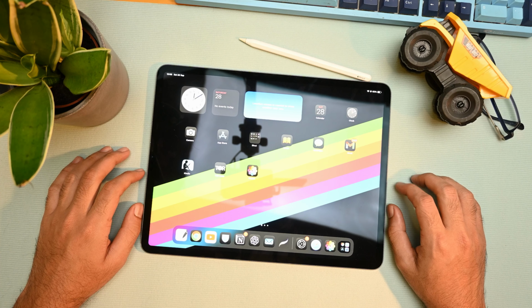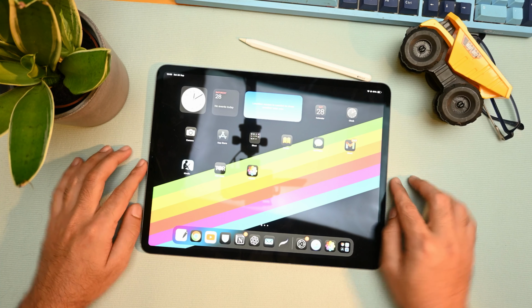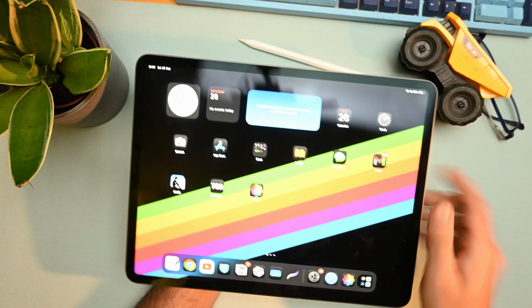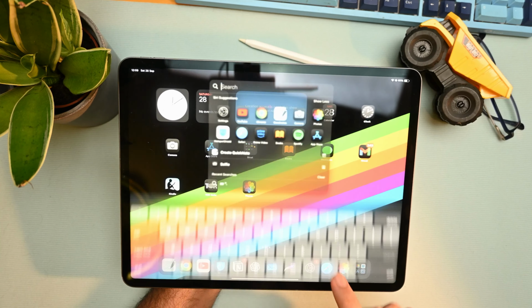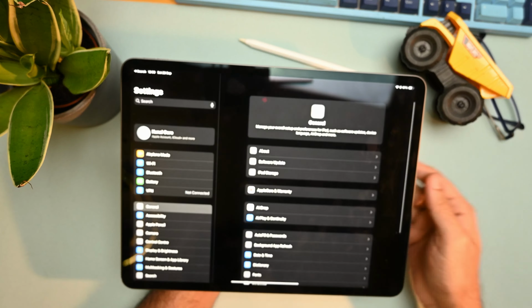Today we will be looking at how to clear cookies and cache for the Safari browser on an iPad. So to get started, let's search for the settings icon or directly click on settings as I have it already